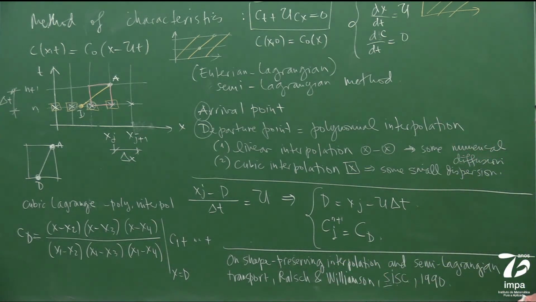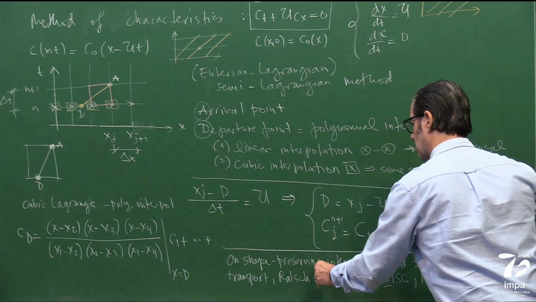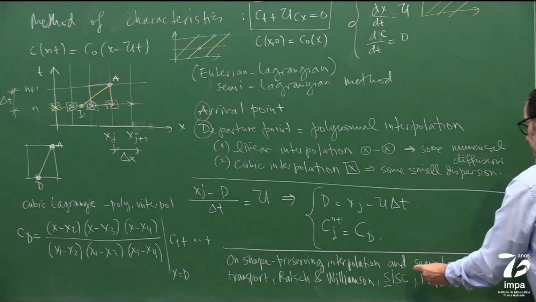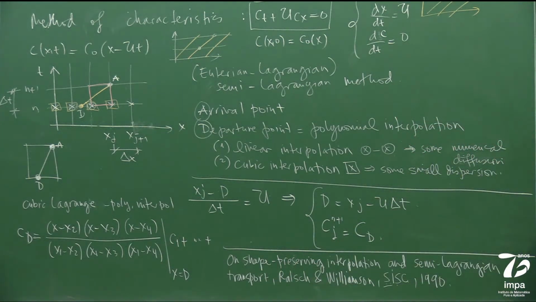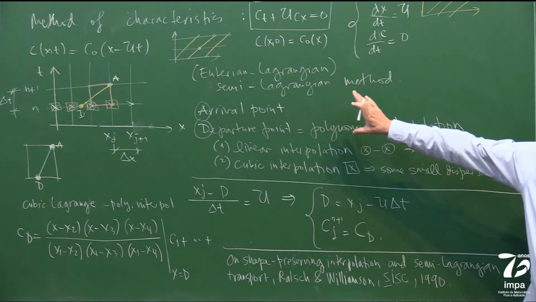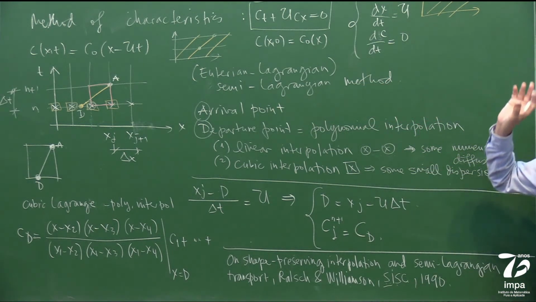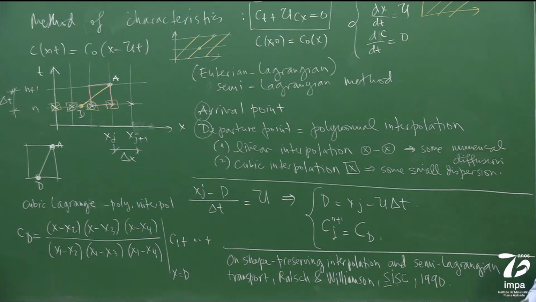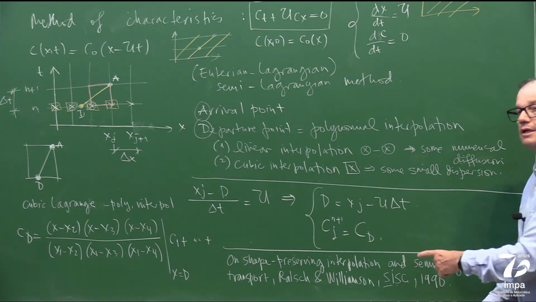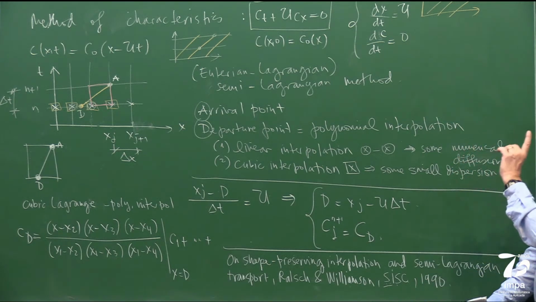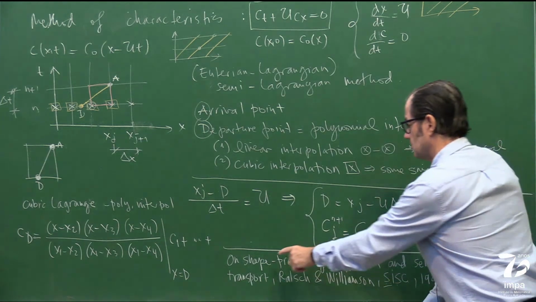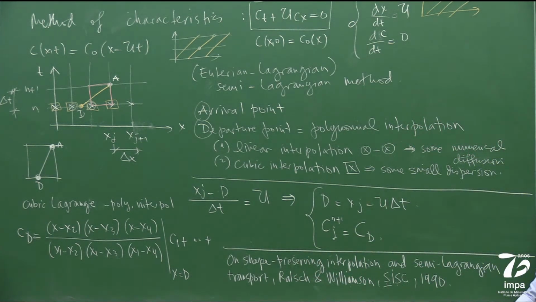Two researchers related to atmospheric flows, and they say, on the shape preserving, I'll tell you what this means, interpolation, and semi-Lagrangian transport. So what I did here is a very introductory beginning for this type of way of doing numerical methods. So semi-Lagrangian transport, you already have an idea here. But actually, if I remember, this paper starts with, I think, maybe the wave equation, mentioning things. And shape preserving has to do with, the name shape preserving comes in different flavors in numerical methods of our interest. One is